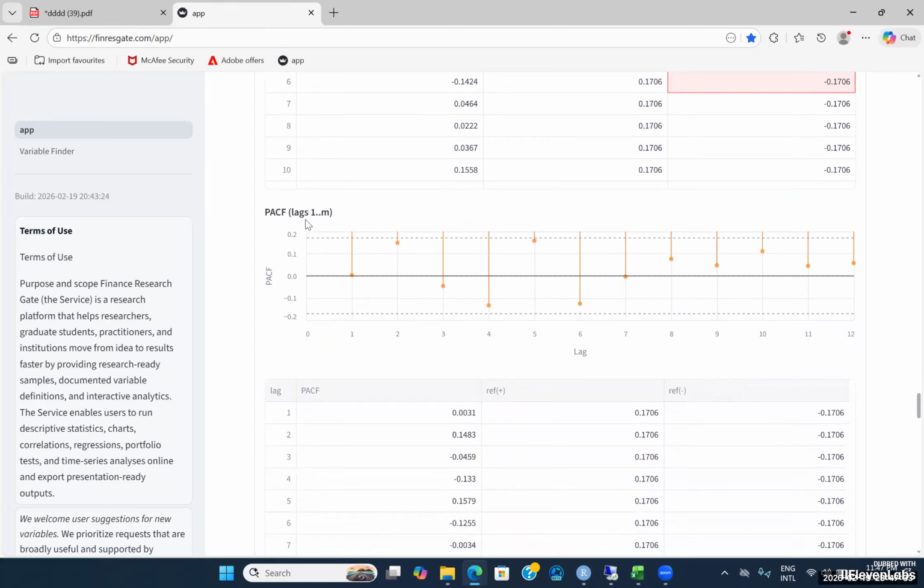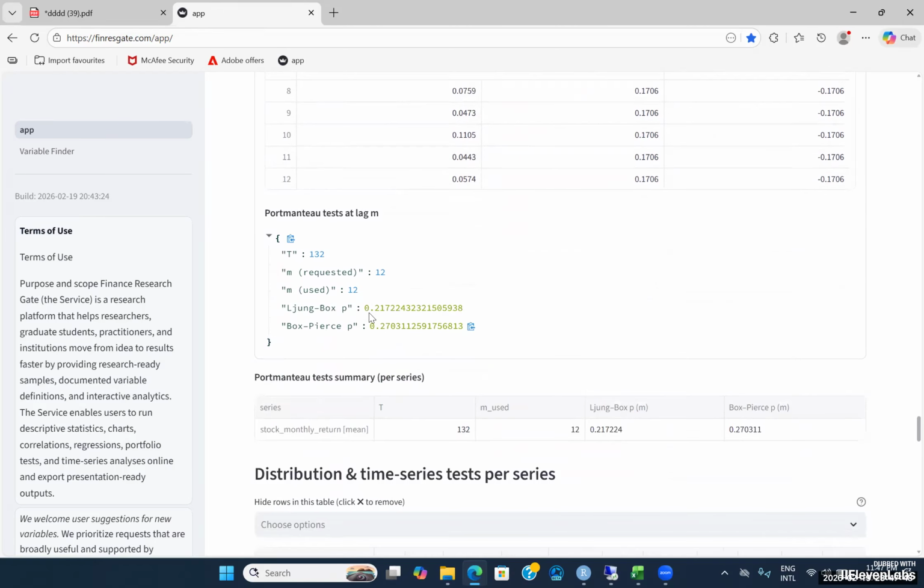Even if you were to consider the partial autocorrelation, after we have accounted for the effects of the intermediate autocorrelation, it still remains within the expected range, which clearly indicates that the partial autocorrelation is not statistically different from a value of 0. So, overall, the monthly stock returns for Apple, specifically from the year 2000 through to 2010, do not present any statistically significant or strong